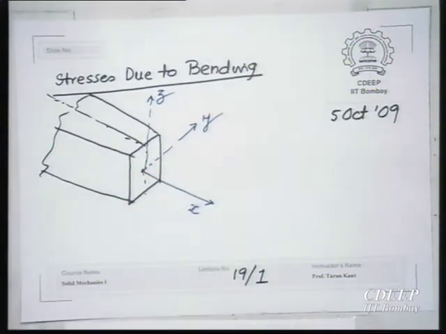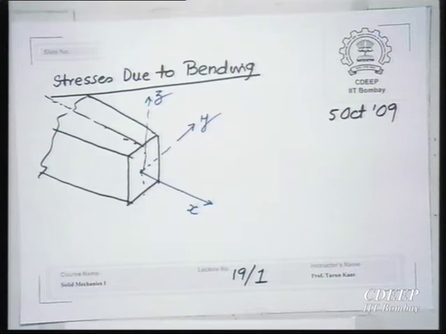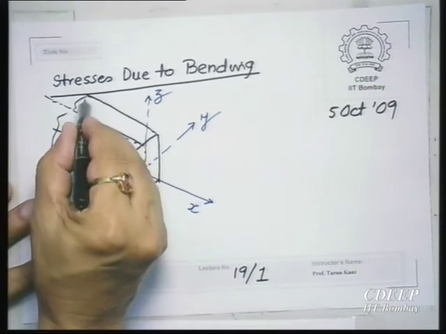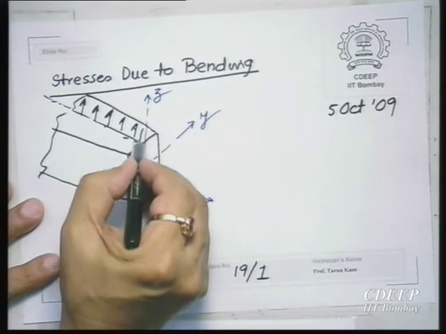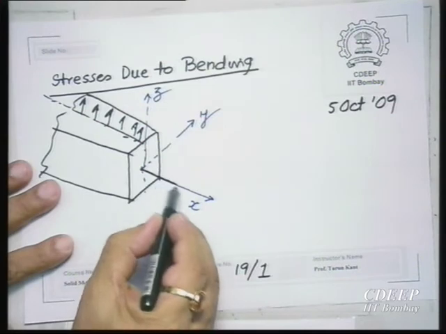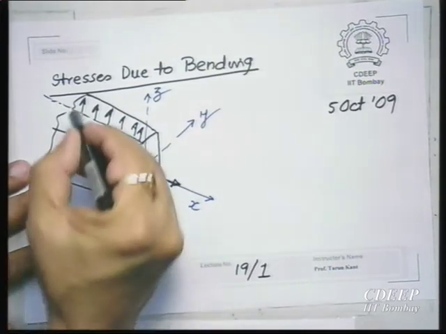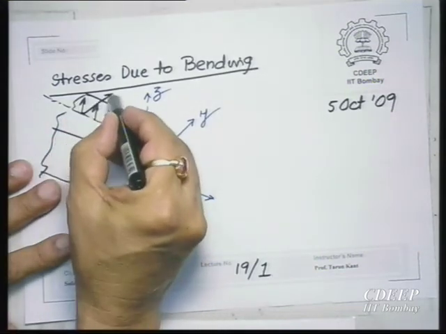For example, a rectangular section is symmetrical. We have also taken a dumbbell section, which also has a vertical plane of symmetry. So this is your plane of symmetry, the xz plane. The xz plane divides the cross section into two halves, and the loading is all applied in the plane of symmetry. The loading need not be only vertical along z, it can also be inclined.